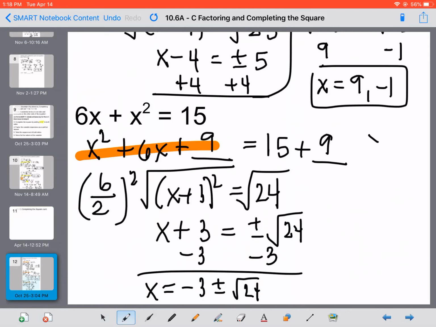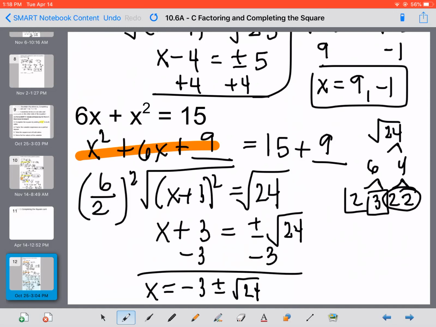Well, if we break down the square root of 24, 6 and 4, 2 and 2 and 2 and 3. So there's a group there, and these two don't leave, so we end up with x is equal to negative 3 plus or minus 2 square root of 6, because 2 times 3 is 6. And that is as far